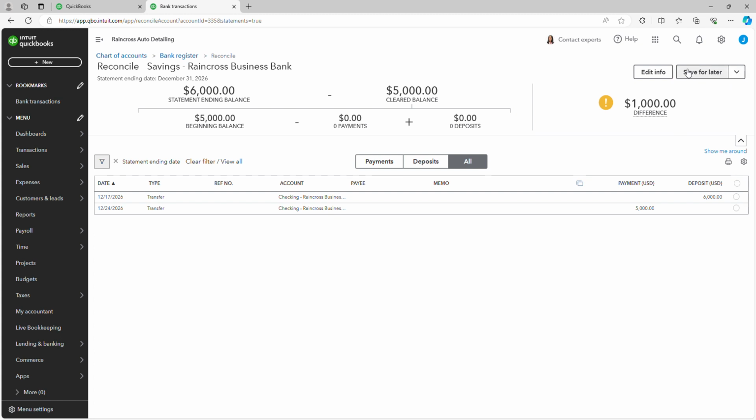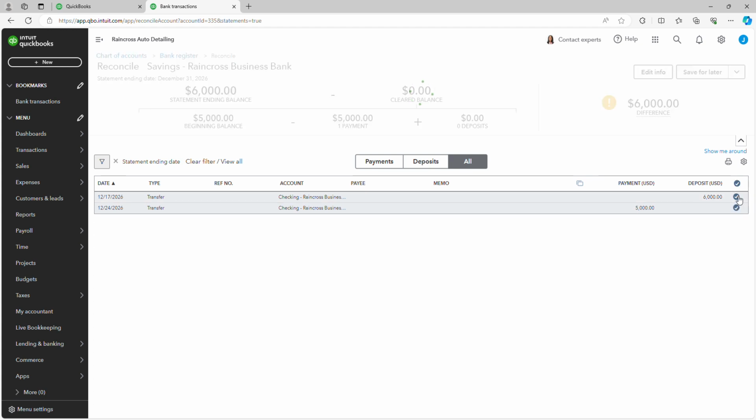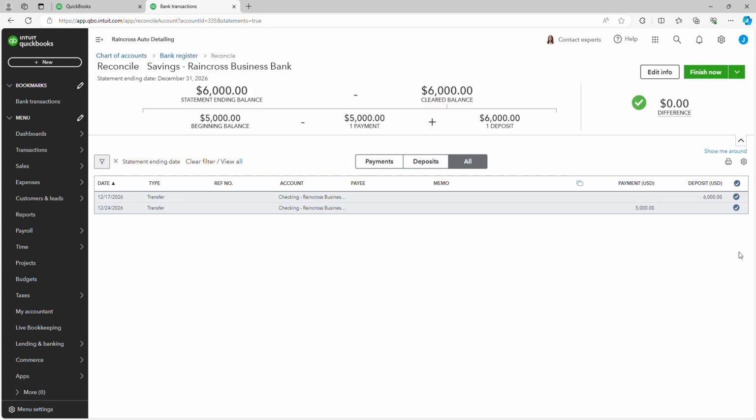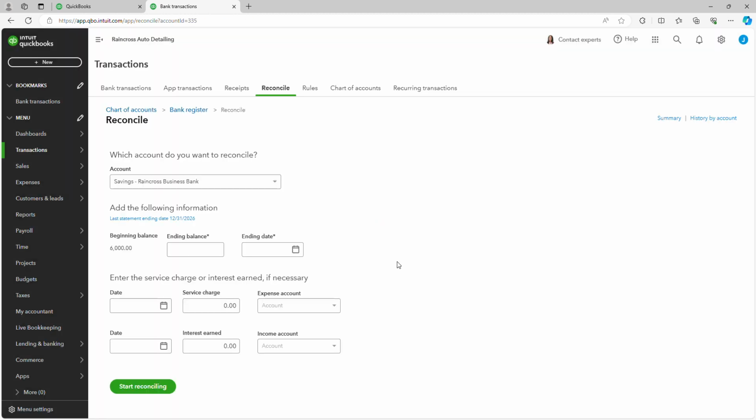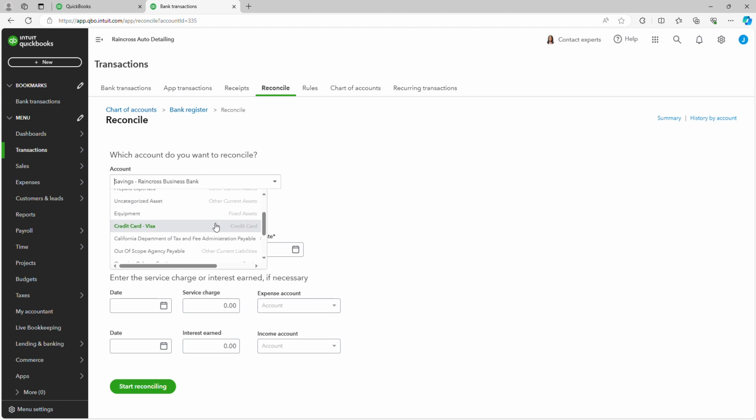So click those, and then it shows a 0, and that is for the transfer, the deposit that we did, and then the payment that we did to our checking account. So I'll click Finish now, click Done, and then now the next one we do is for the